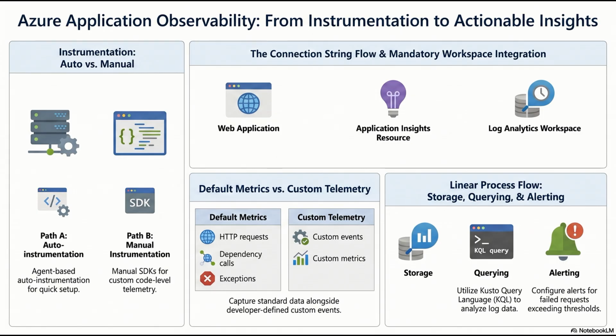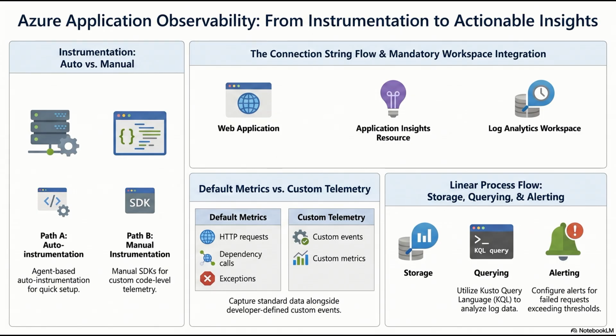The defining characteristic of operational excellence is moving from reactive troubleshooting to proactive observability. You know the system is degrading before the user ever notices. That is the ultimate goal. Let's summarize the mechanical journey we took today. We started by defining the fundamental difference between lightweight metrics and heavy contextual logs. We looked under the hood of the log analytics workspace, understanding it as a dedicated data exploration cluster subject to the eventual consistency of the Azure control plane.